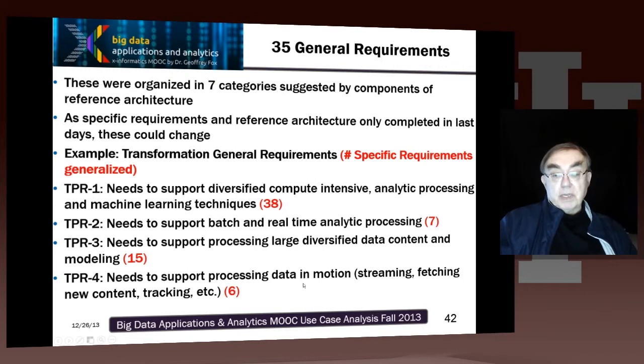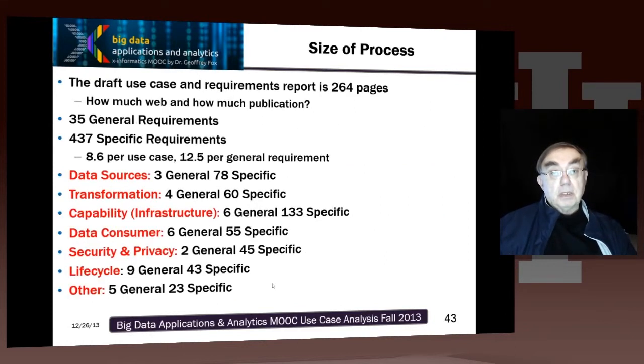Need to support data in motion. This is the streaming thing. 6 use cases at that. So those are how the 35 general requirements were. These are 4 of the 35 as an example. Just as an example of